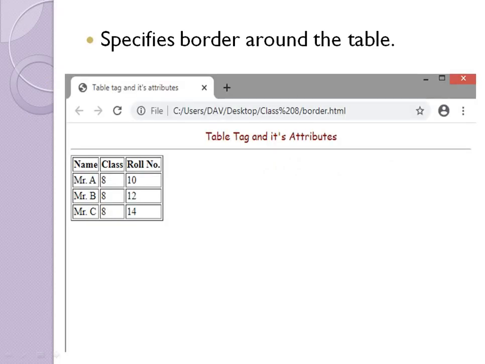Let's see. The same data is arranged in a bordered table, and definitely it has a different presentation, a different look than the tables without border. So it is our requirement; it is not necessary to use border every time. It is just our requirement. If we do not require a border, we are not forced to use the border attribute. So how to use this border